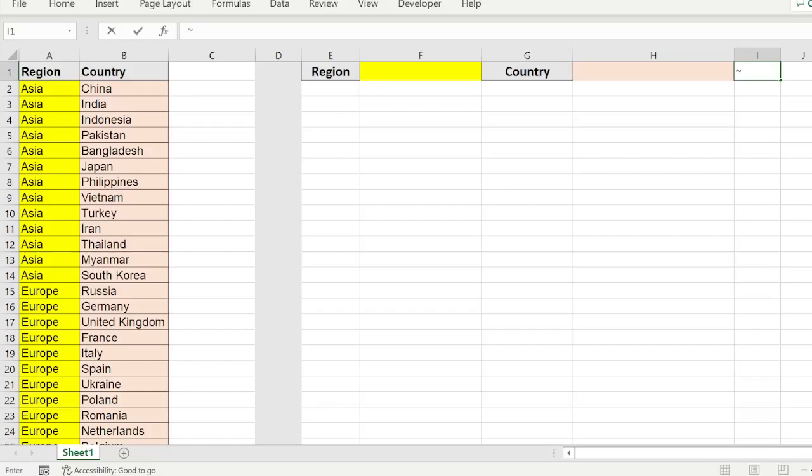Hi, welcome. Now I am going to show you how to create a dependent list box in Excel. Here I am going to create a region list box and a country list box. This country list box is dependent on the region list box. That's my objective. For that I have a set of data here, which is two column data,